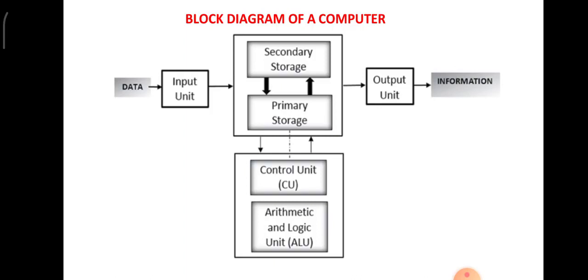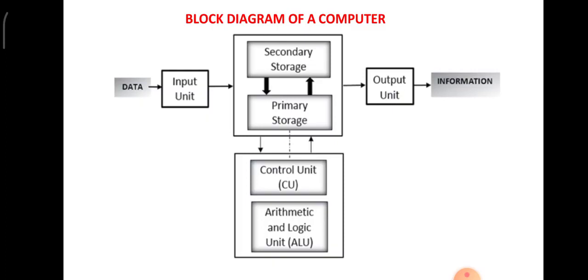Primary storage is inbuilt, for example RAM, which is very fast. And secondary storage is not inbuilt, like a pen drive. You can use it externally. For example, external hard disks are available where you can use them externally. Pen drive, external hard disk, CD drive, all these things are part of secondary storage. So as soon as 2 plus 3 is typed, the input unit passes those numbers to the primary storage, which is RAM.